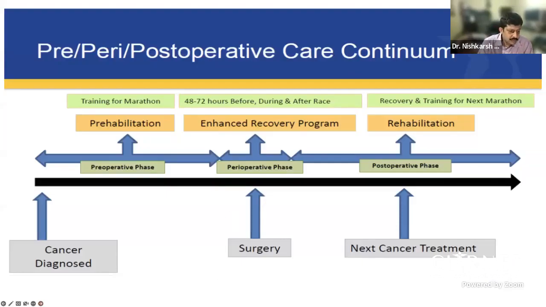So now we can see that, just a minute, I'll use a pointer. Okay. So we have prehabilitation in the preoperative phase. Once the cancer is diagnosed, the patient is posted for surgery. So we have about, say, 2 to 3 weeks, during which we have prehabilitation, components of ERAS, and then the surgery is done and the patient is planned for the next intervention. So usually cancer treatment is a combination of surgery, radiotherapy, and or chemotherapy. So whatever is planned, that is the post-operative phase after the surgery, say usually about 4 to 6 weeks. So that part is the rehabilitation part.